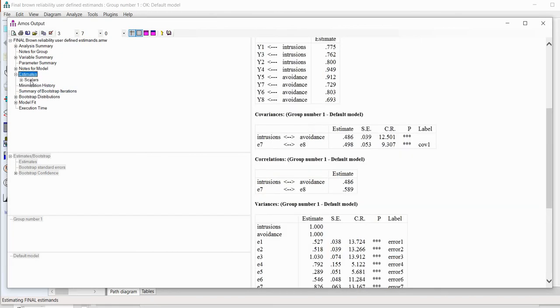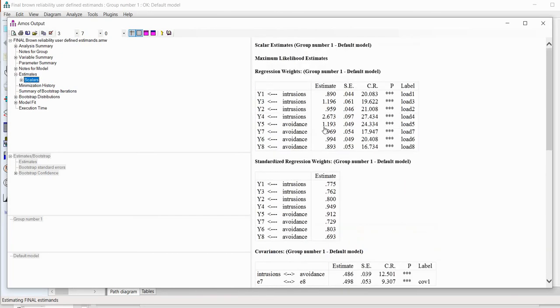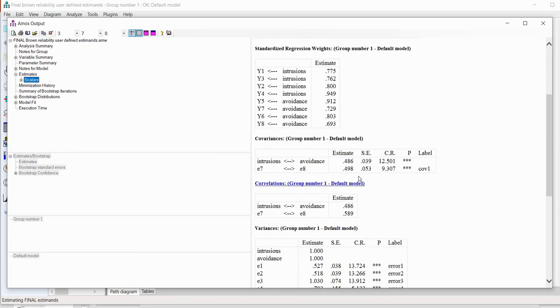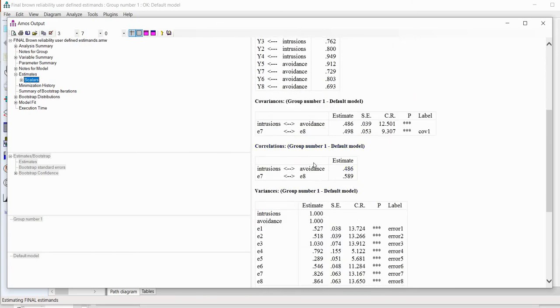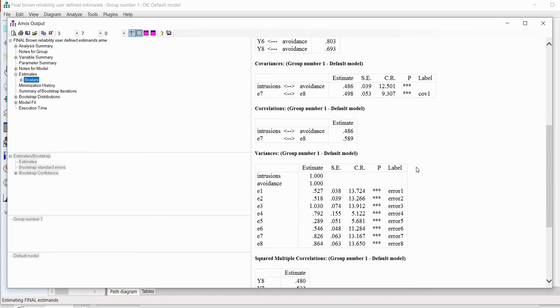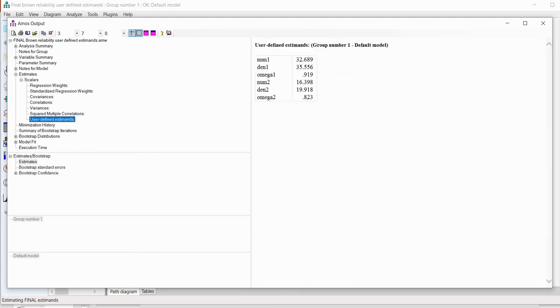If we go under estimates right here, under scalars, you can see right here all of our factor loadings, the unstandardized factor loadings and the standardized factor loadings are all exactly the same. The covariances, correlations, all of this information is the same as what we generated before using the phantom variable approach. But if we click on the scalars and go down to where it says User Defined Estimands, we can click on that button right there, and so now we have our estimates that we had computed using our phantom variable approach, where we were taking the square of the model implied